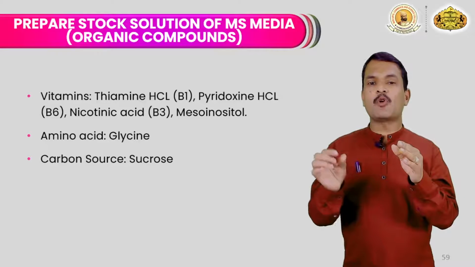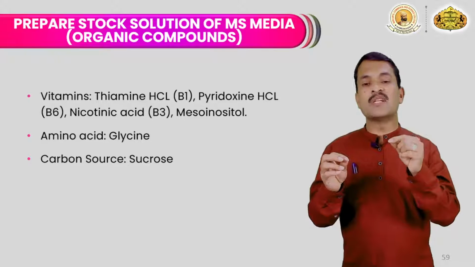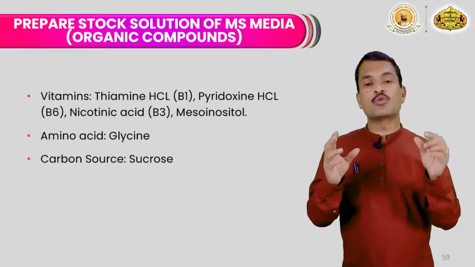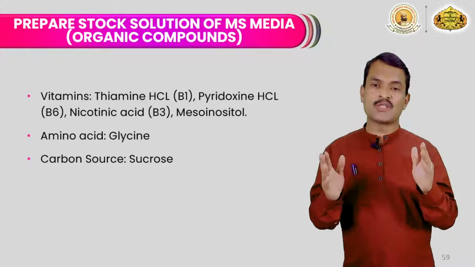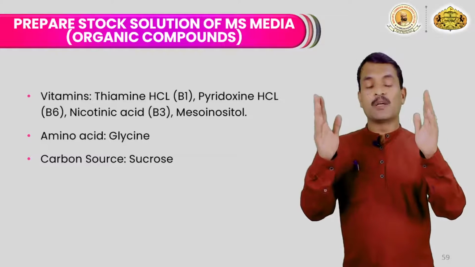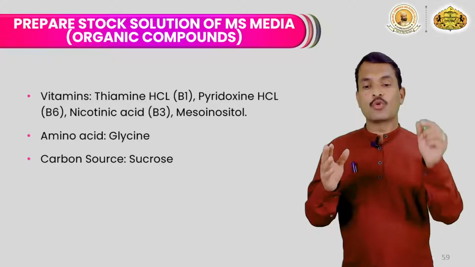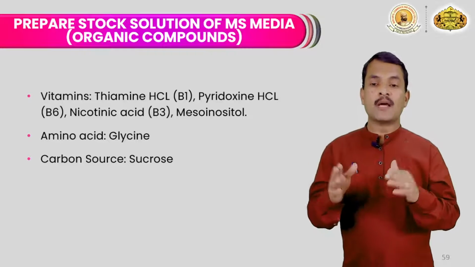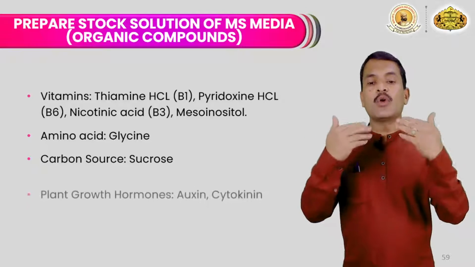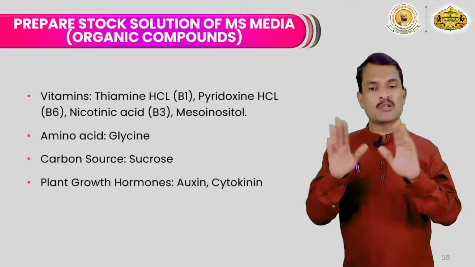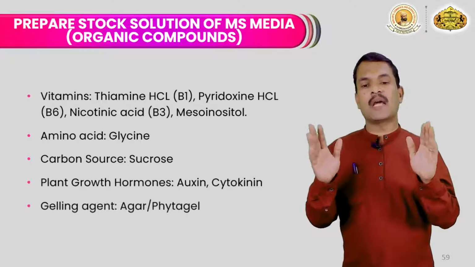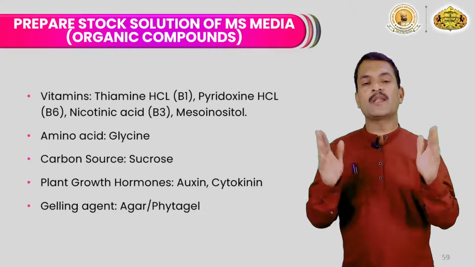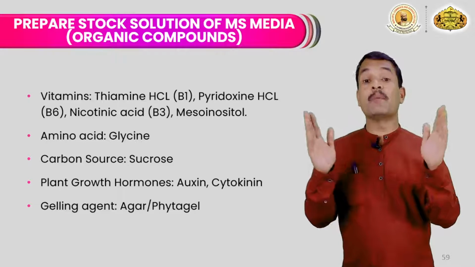So you take an appropriate amount of these solutions and add the vitamins and amino acids. Likewise, at the time of preparation of the media, you prepare a sucrose solution. Remember, a 3% sucrose solution is required, so per liter you need 30 grams of sucrose. You dissolve it separately and add it to your media, one by one. Hormones are also stored at 4 degrees Celsius, but their shelf time is also less, so you need to prepare them before preparing the actual media.